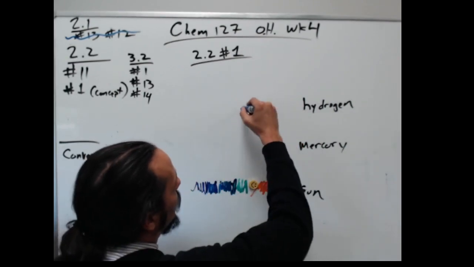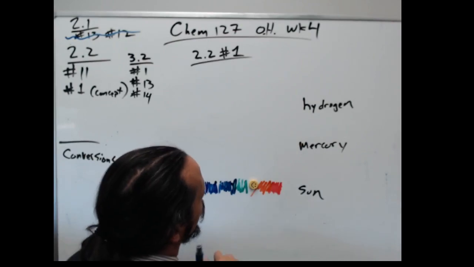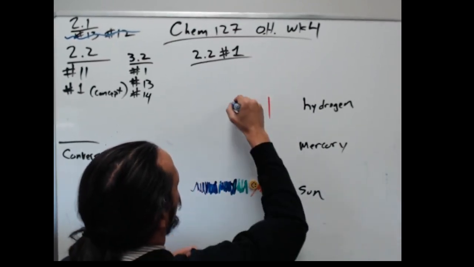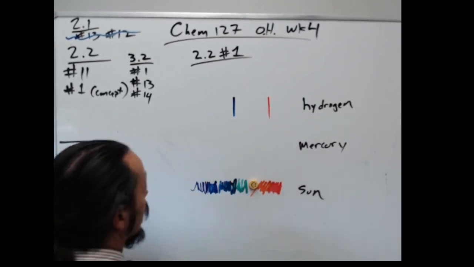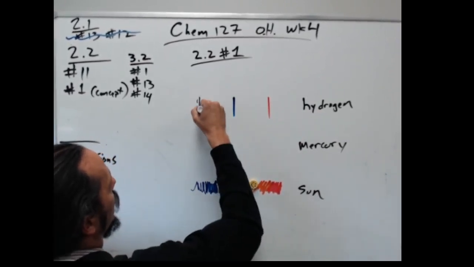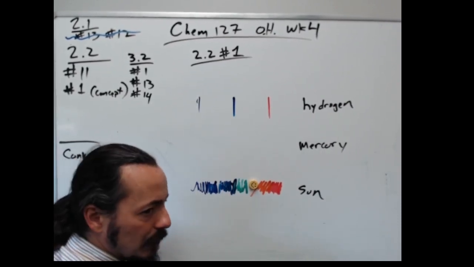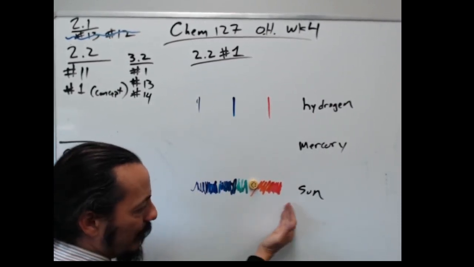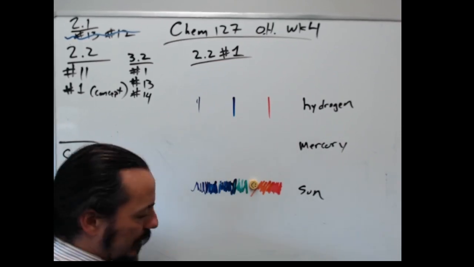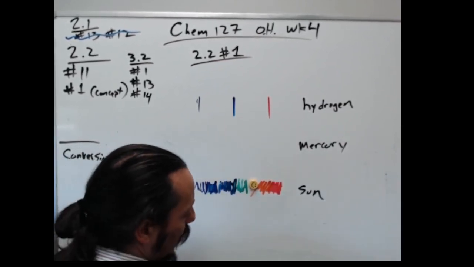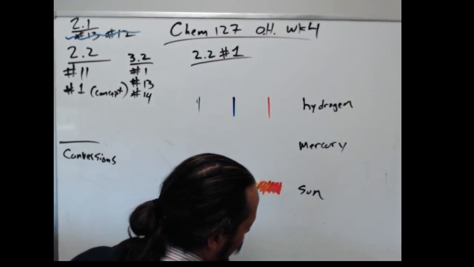So we saw a red line, a blue line, and a purple line. We're like, well, that's weird. Why didn't we see a full rainbow? Why don't we see every possible energy? We see discrete energies. And then we went and looked at mercury, and if I remember correctly, mercury has, again,